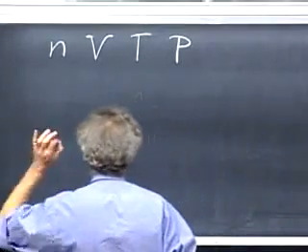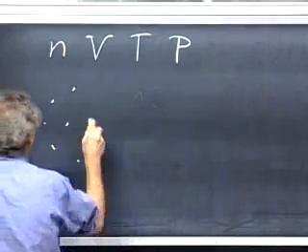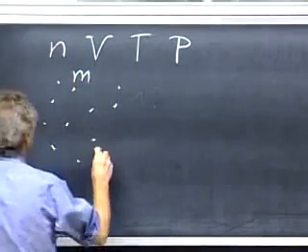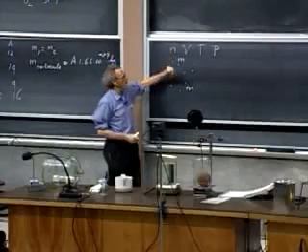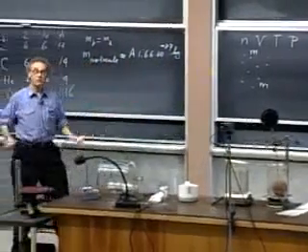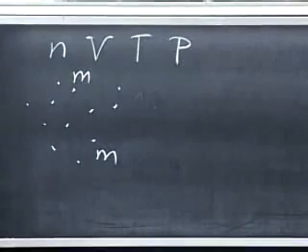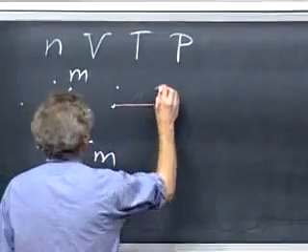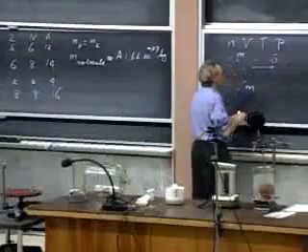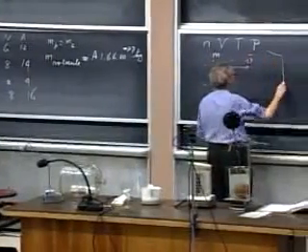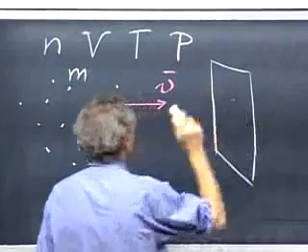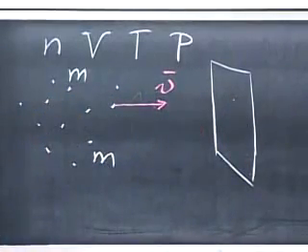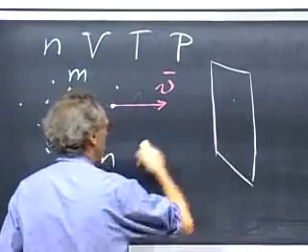But the masses of the molecules are very different. So here we have some of these molecules, and the number density is the same because the number of atoms is the same and the volume is the same. Now these molecules are flying in all directions with different speeds. I will just now, for simplicity, take some average speed, and I assume this is going in this direction. It's heading for the wall of the container, this area. It hits the wall, there's an elastic collision, and it comes back in exactly the same direction.